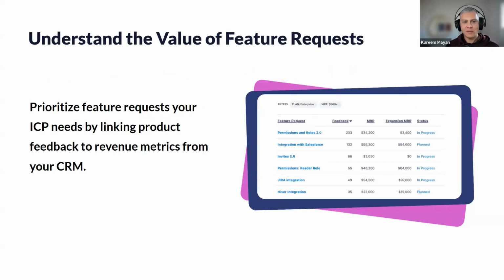So if you're looking for a tool that does the things that we've outlined today, a good system, a good process, that lets your GTM reps stay in their tools, and provides the analysis tooling for you as well to understand what your customers are asking for with the right context.